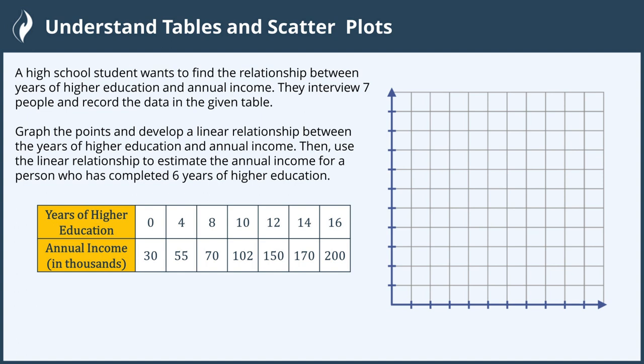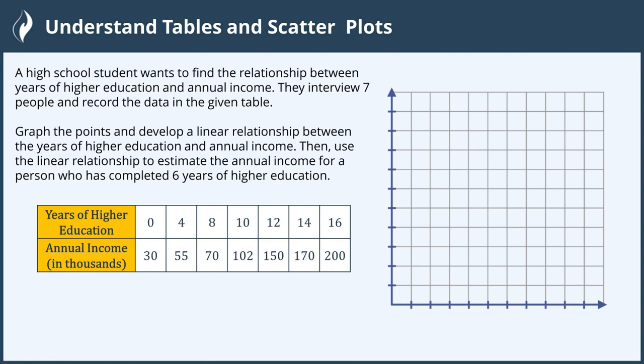A high school student wants to find the relationship between years of higher education and annual income. They interview 7 people and record the data in the given table. Graph the points and develop a linear relationship between the years of higher education and annual income. Then use the linear relationship to estimate the annual income for a person who has completed 6 years of higher